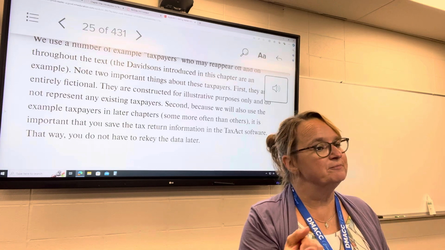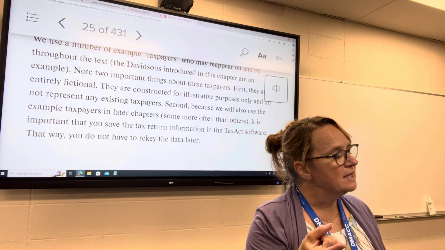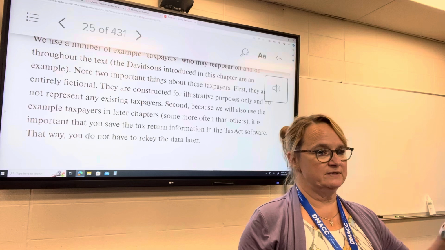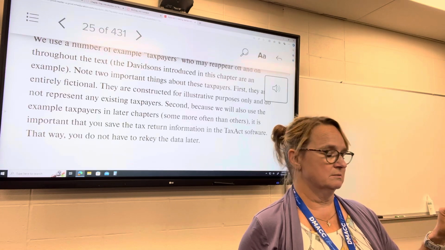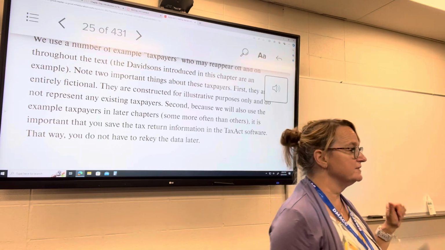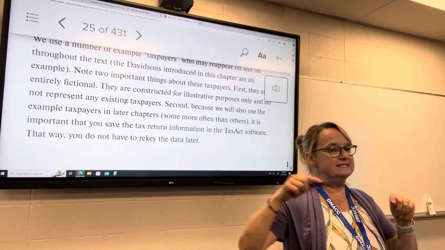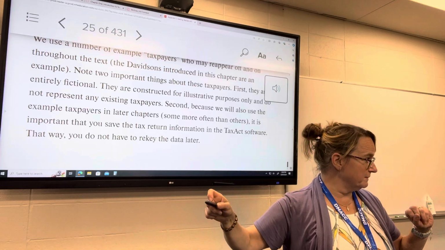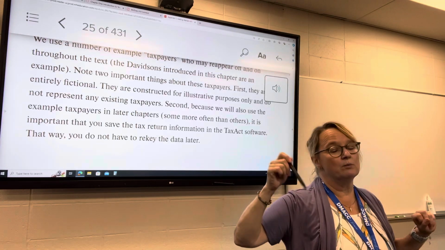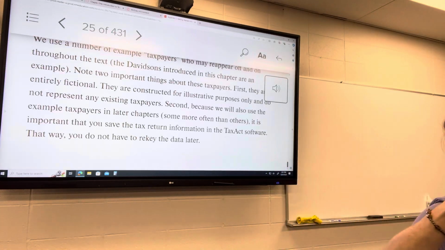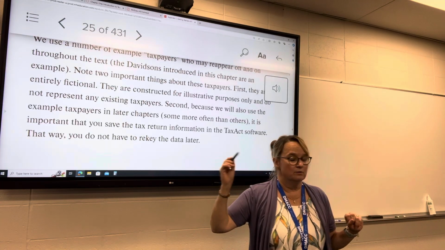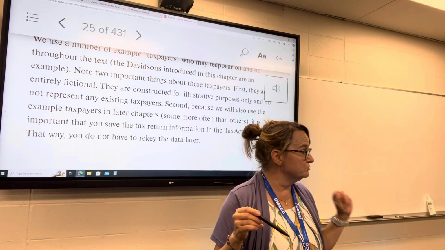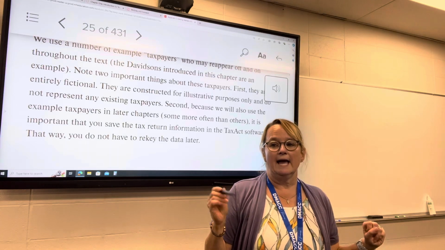Some of those, like the tax return problems at the end of the chapter, you've been assigned in Connect, but then I've chosen one of the other ones to be your Tax Act problem. I did it as a continuing Shoebox to Software the first semester that we made this change. This used to be a 3-credit class and we did not have time to actually work with software. We made it into a 4-credit class so that we actually do have time to work with software. I did it the first year. I used just that Shoebox to Software, and